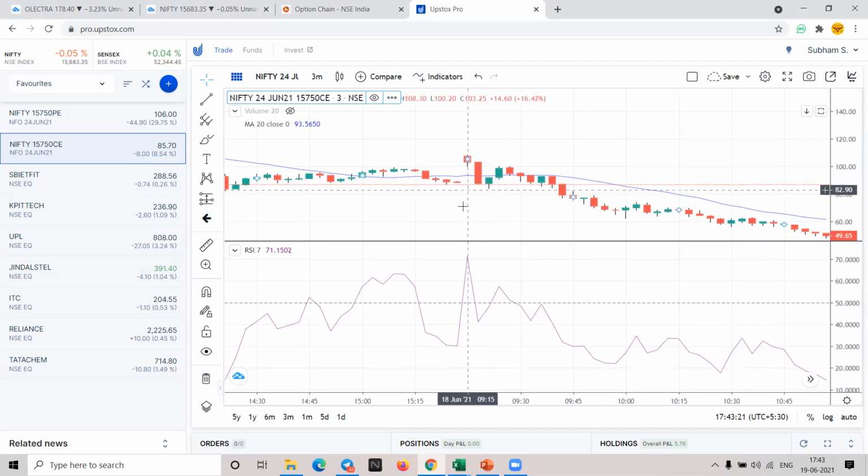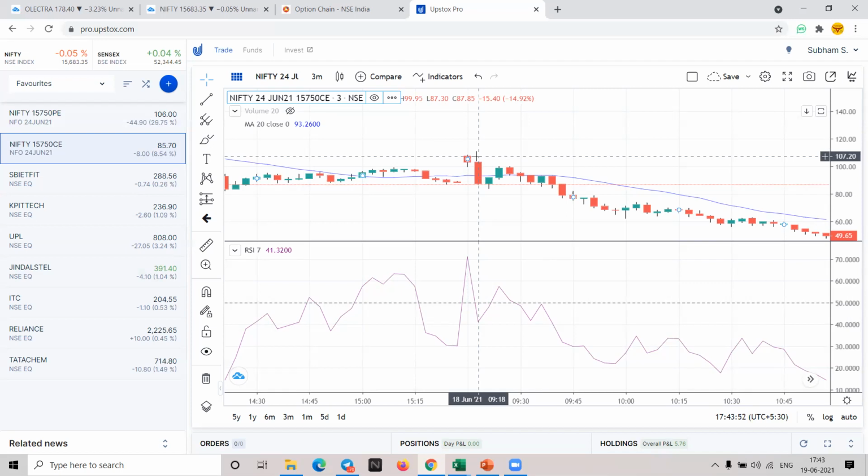Here, one thing I'll tell you, this was a perfect entry because the RSI value was above 50 in the first candle of the day, 3-minute time frame. The RSI value was above 50, and then with the block candle, it has come below. This is a perfect scenario. Sometimes when there is a huge gap up, it will take time for the RSI to give confirmation. You'll see a block candle, but this RSI value will not be below 50.